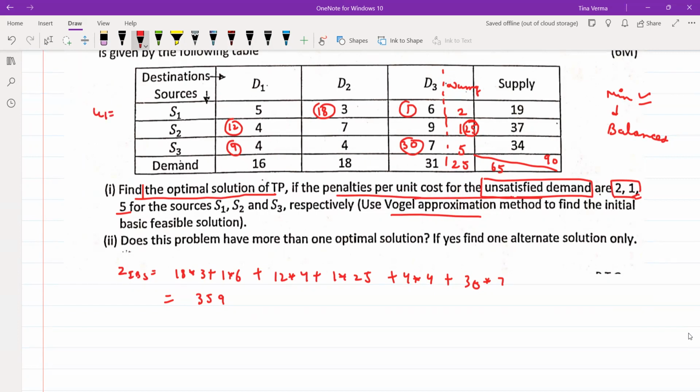For optimal solution, you have to assign U1, U2, and U3 over here, V1, V2, V3, and V4 over here. So if you assign 0 over here, U2 was coming out to be 1. This is 1. This is your 3. This is coming out to be 6, and this is coming out to be your 0. So this entry was coming out to be your -2. This entry was coming out to be your -2, and this entry was coming out to be your -3. This entry was your -2. This entry was coming out to be your 0, and this entry was coming out to be your